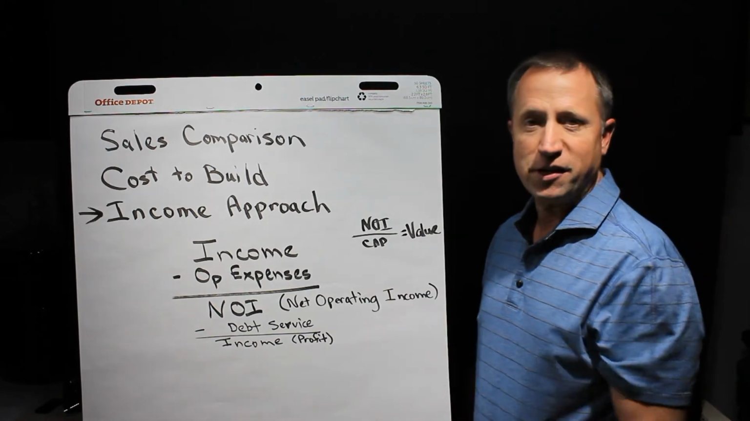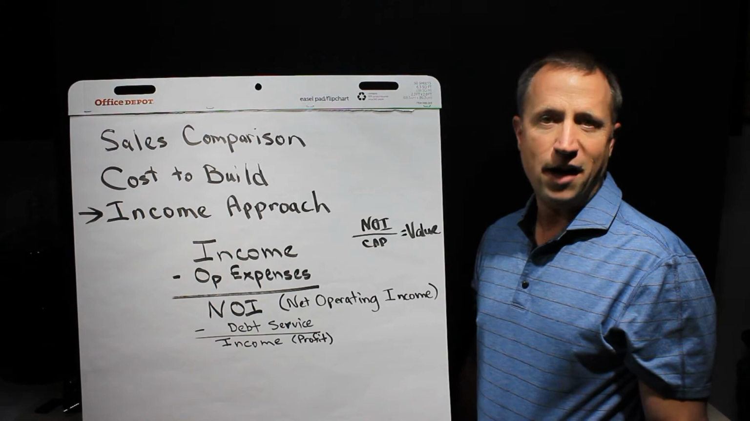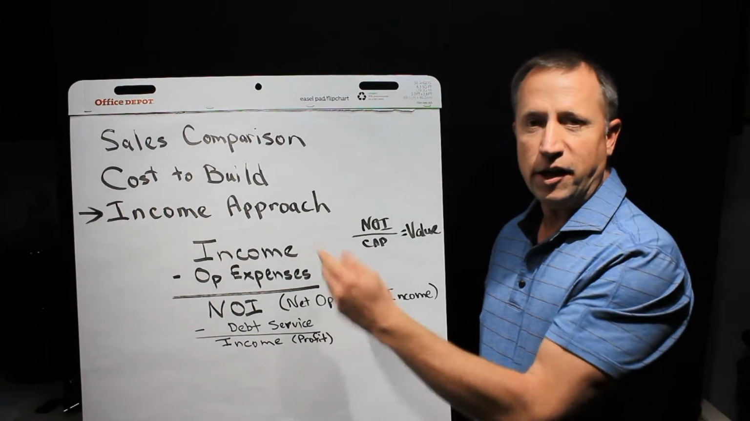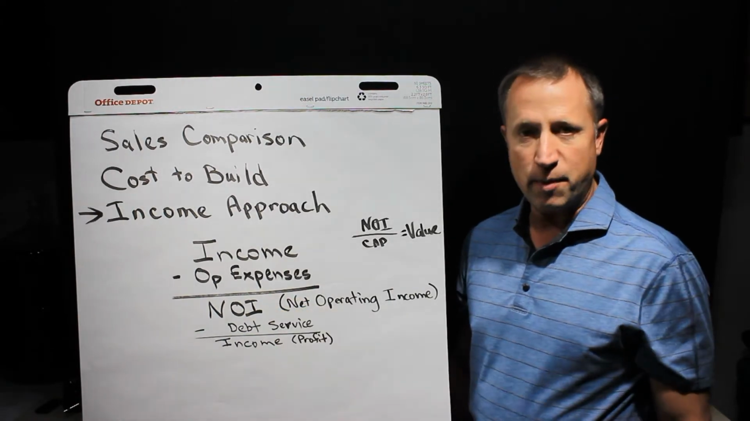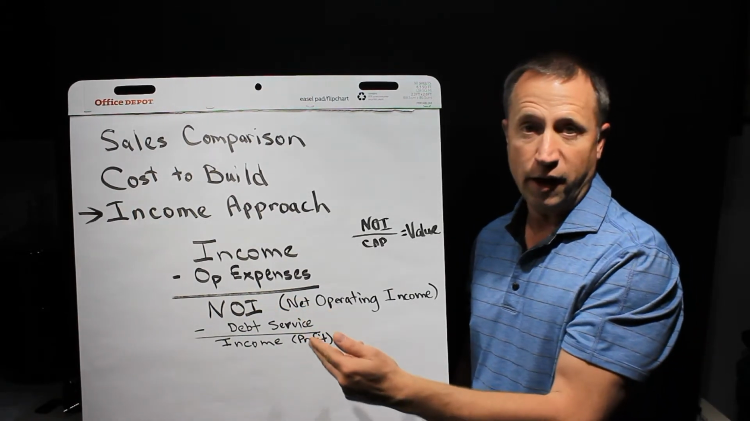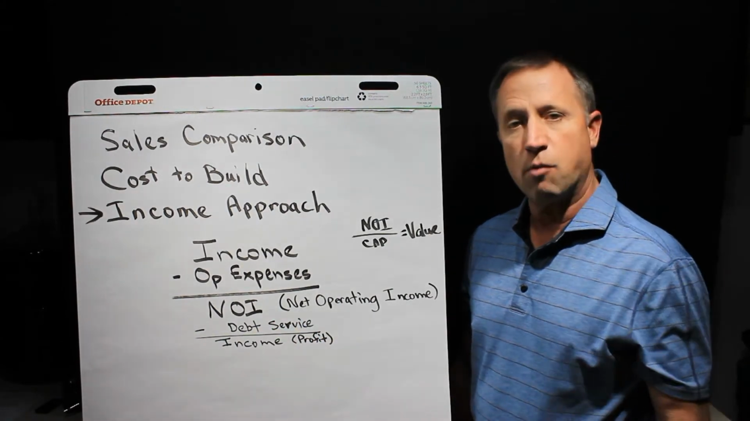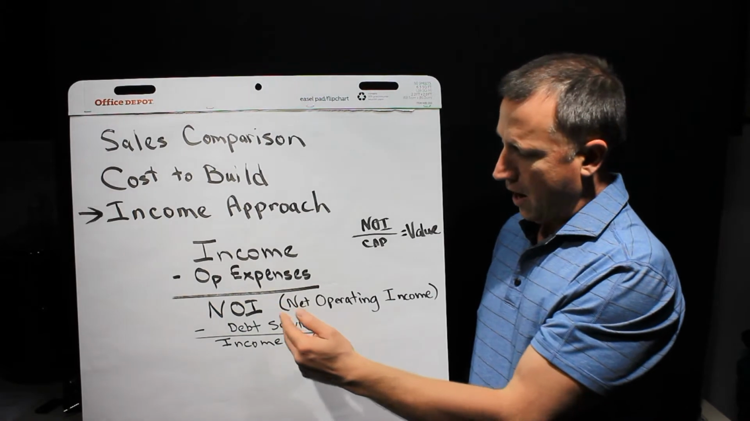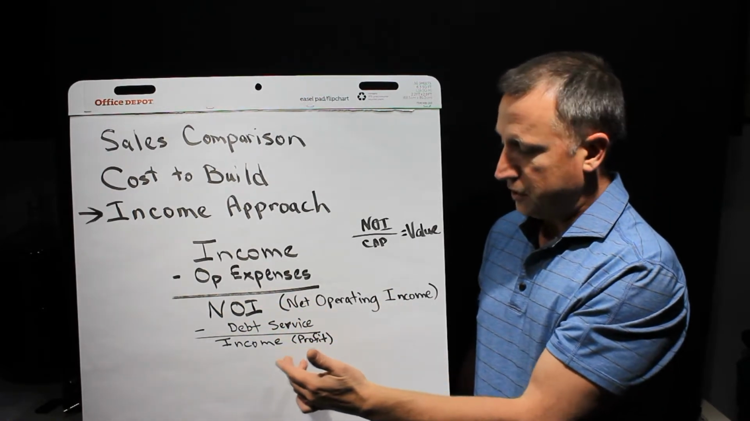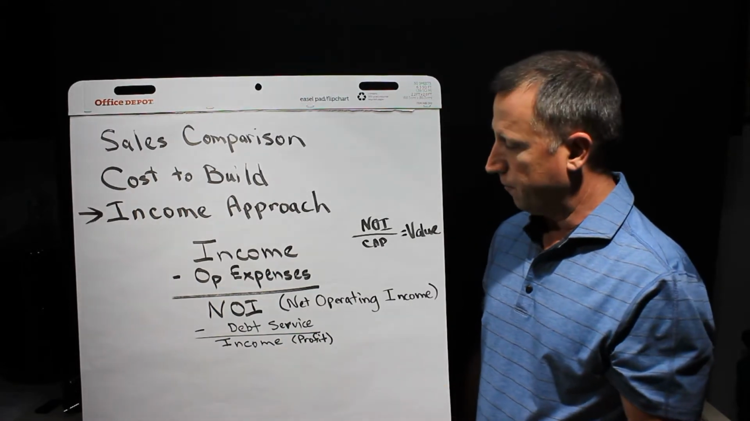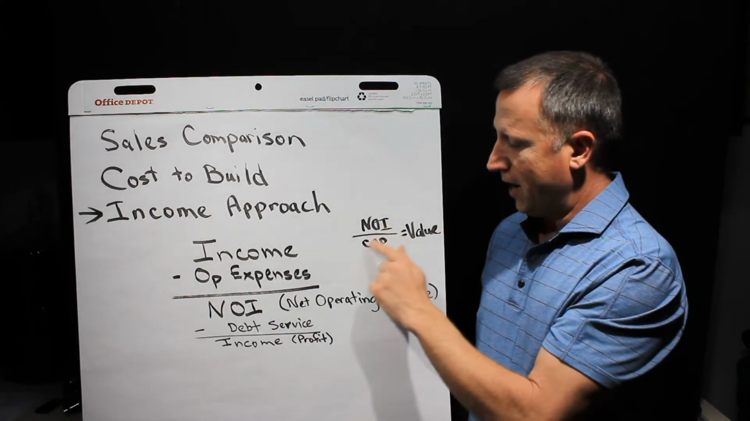And this is what we're going to cover today because honestly it's the most important one. And it's where we really see the value in our property. So when we take a look at the income approach, we're basically going to take the income of the property minus the operating expenses, and that's going to give us the net operating income, or NOI. NOI does not include the debt service, which is your mortgage. So you take the NOI, net operating income, minus your debt service equals your income or profit for the month or the year. And to determine the value of the property, you take the NOI, divide that by the cap